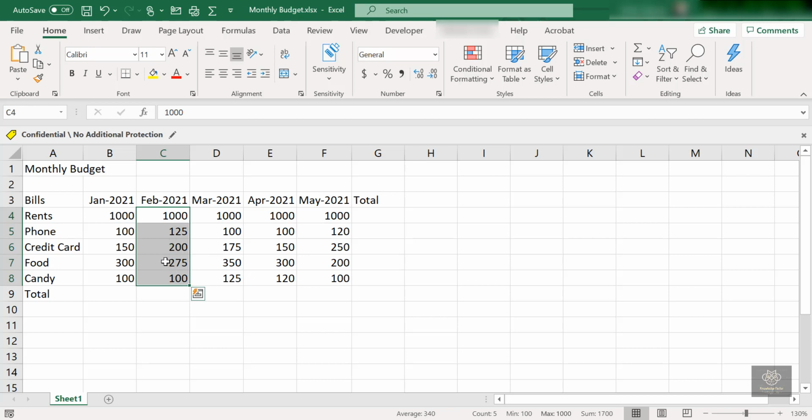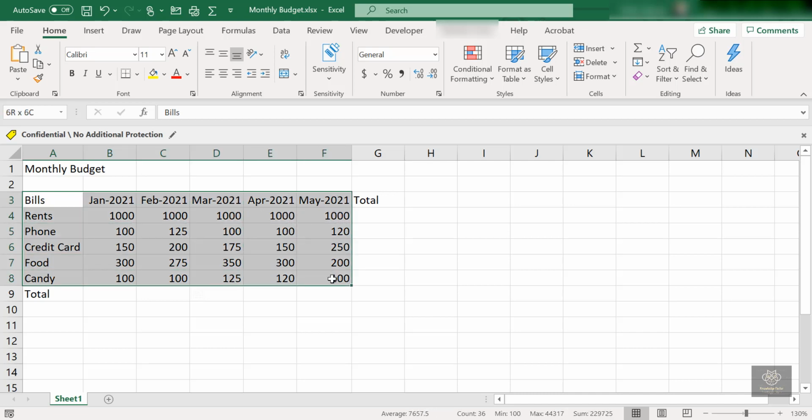Now I look at the box at the top and it still says C4, because that's the active cell within that selection, but I have got the range C4 to C8. Maybe I want you to reference the entire table. Well, that goes from A3 to F8. That's that range of cells.